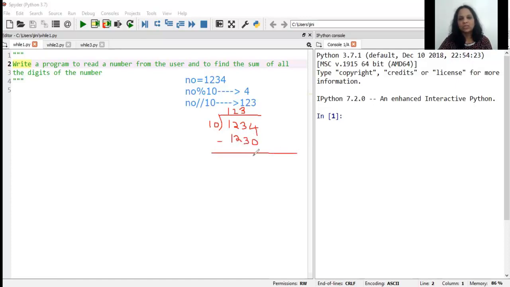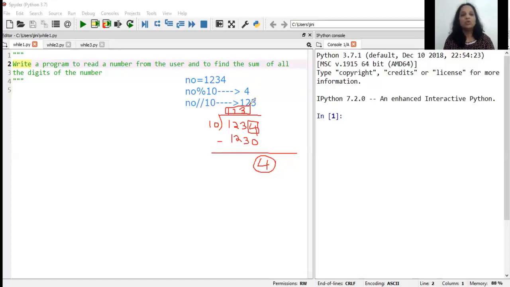And if I do the subtraction, what do I get? 4. Isn't the modulus operator giving me the remainder? And what is the remainder? Nothing but the last digit. Isn't the floor division giving me the quotient? And what is the quotient? It's all the digits except the last digit. Is that clear? And this is the logic that we are going to be applying for a couple of programs.